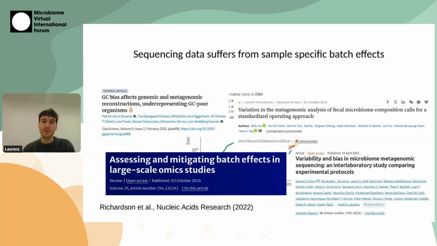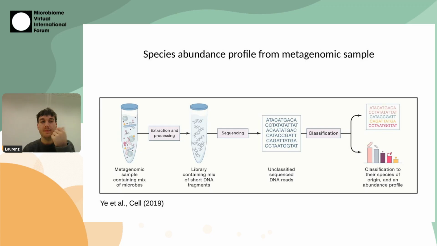But as also has been noticed in recent years, there are all sorts of biases and covariables that are impacting the sequencing data that we have. So we really need to interpret this with caution. And I want to talk about a specific bias that our method deals with in this talk, and this is the GC bias. So for this, I quickly want to go over how we obtain this metagenomic sequencing reads and